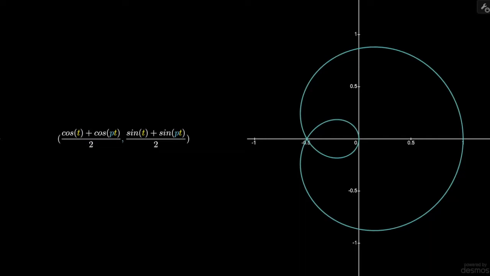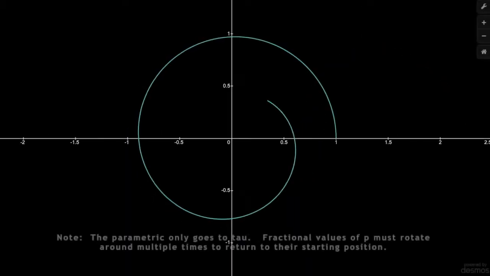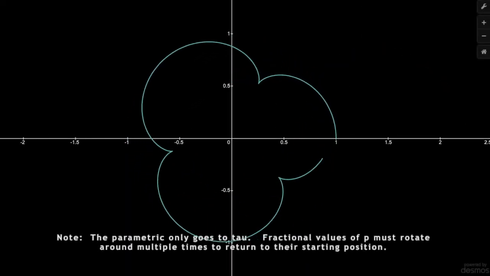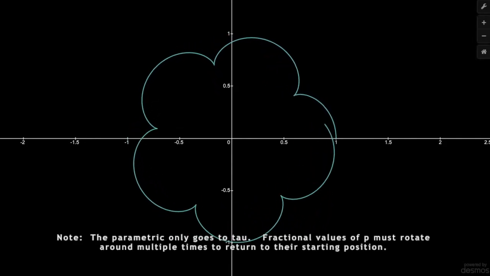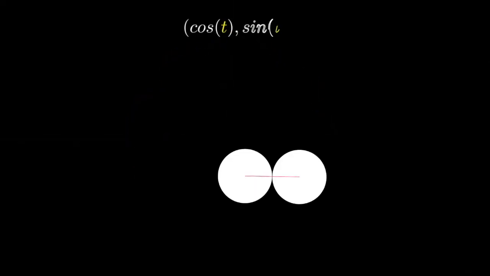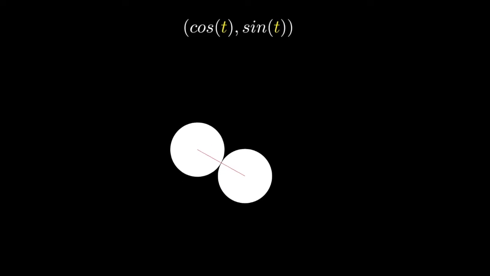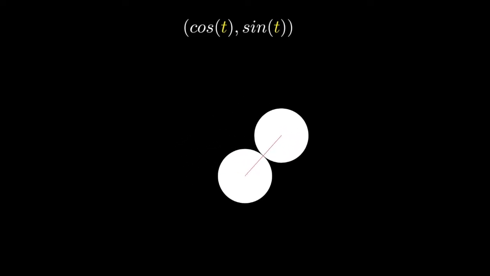Now, we can multiply one of the points by p, and divide by one more than that to get our epicycloid. And now, we have a generalizable parametric representation of an epicycloid, derived from our curve stitching. Let's see if we can get the same equation thinking about it in terms of our rolling circle. We know the radius of the inner circle is 1, and we want the radius of the outer circle to